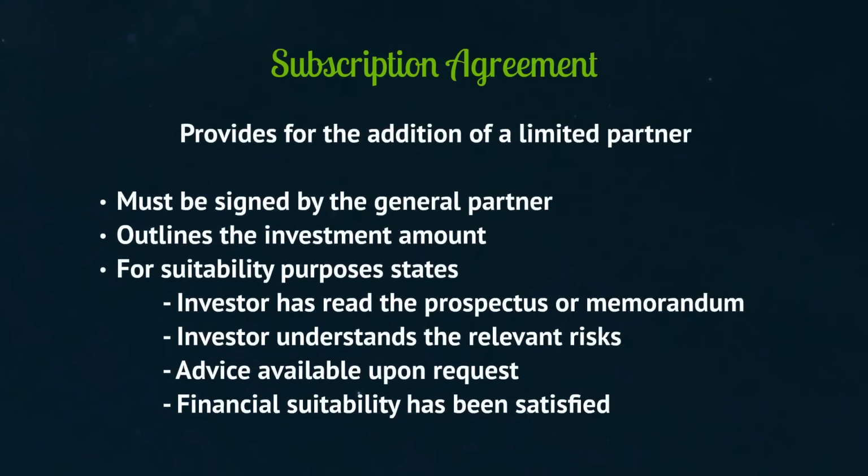And the way we add a limited partner is through something called a subscription agreement. This has to be approved by the general partner and outlines the investment and the amounts required. And an important feature is that the investor has to be suitable for that type of investment. And you'll see this is a common feature of any solicitation of investments: financial suitability and their risk tolerance for the particular investment. We want to make sure that we're matching the investments to the right kind of investor that won't be destitute or bankrupt if they incur losses on a particular investment.